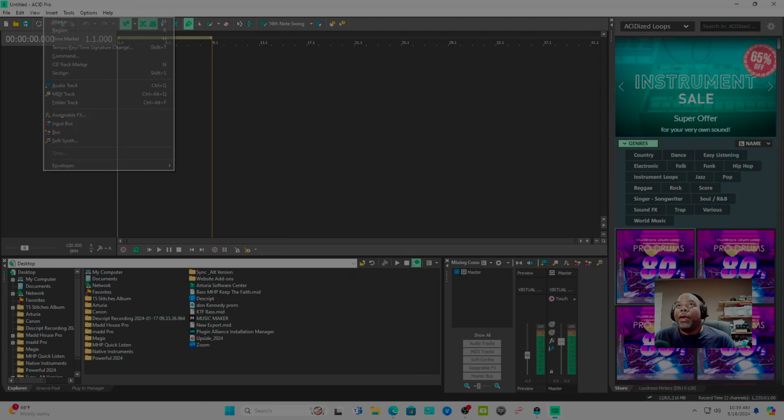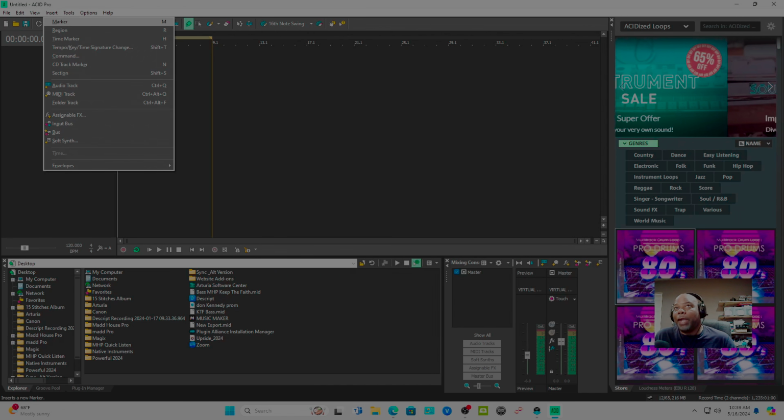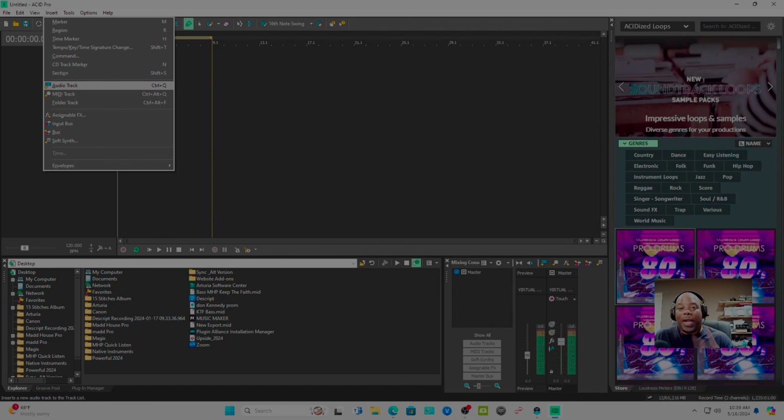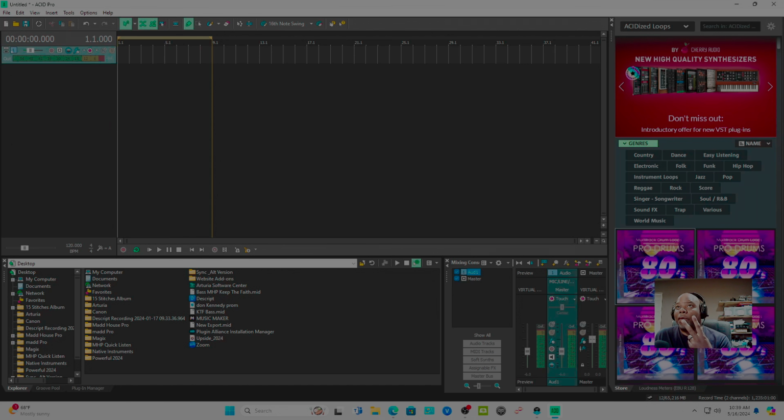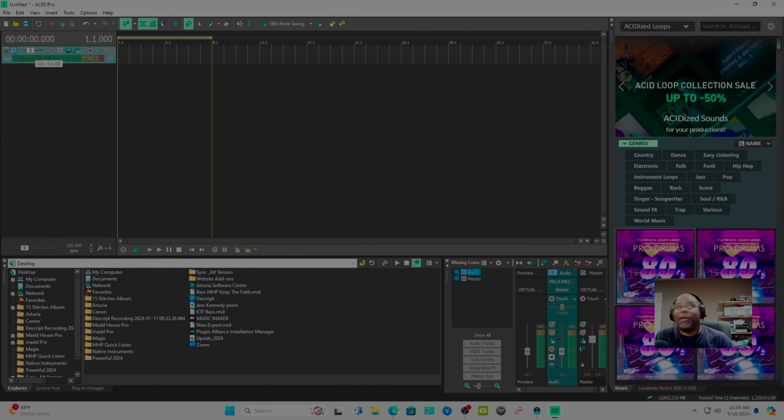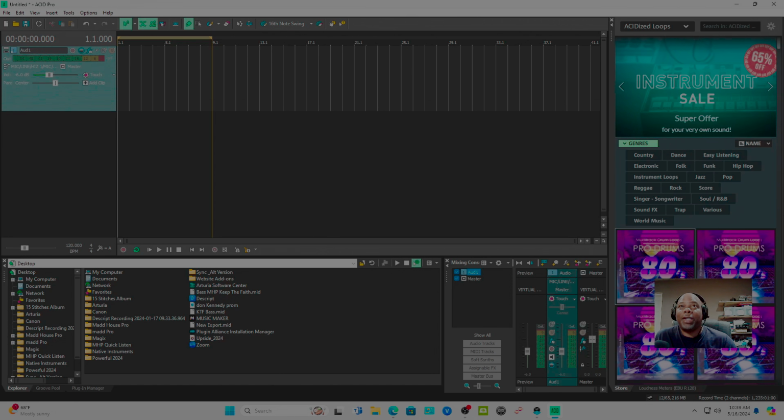So I hit insert right off the jump. I was like, marker region. So you got 2 things. You're either going to do an audio track or you're going to do a MIDI track. I don't know what folder track is, but let's do audio track, right? It inputs one right over here. My mouse is not showing y'all, so y'all just bear with me so as y'all can see all this stuff, right? So I got 1 track right here.